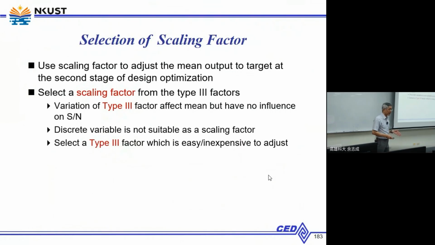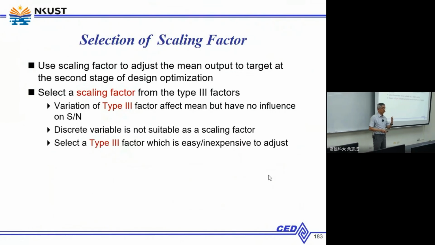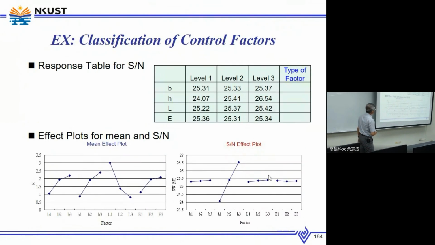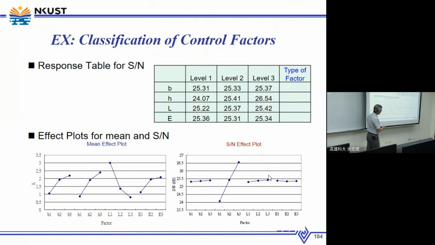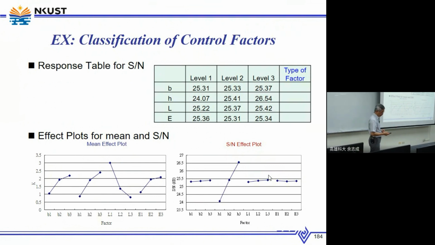We need to select a scaling factor which will not be too expensive to adjust. And also, it cannot be a discrete variable, because if it is a discrete variable, it cannot be changed continuously. So here in this case, in our last case, we find out that only H is the type 1 control factor. And the rest of the